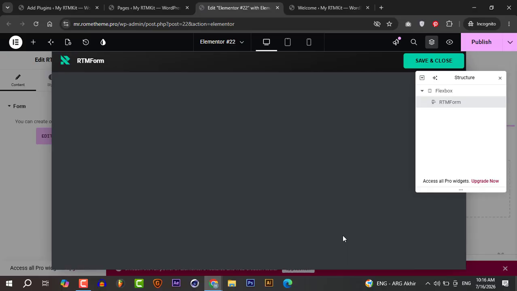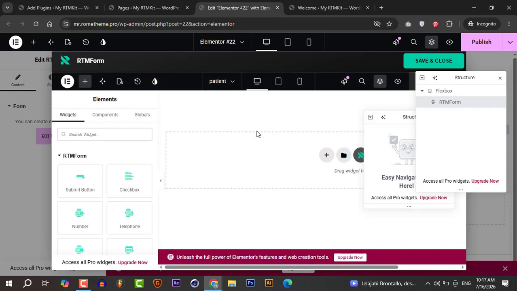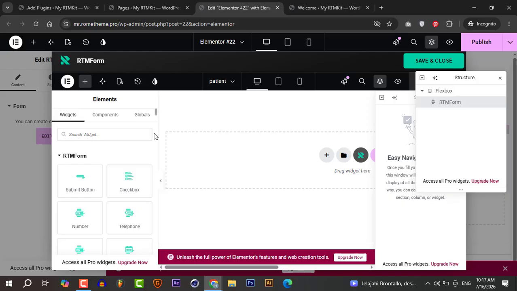You will go to another screen that is going to be edited with Elementor as well, and it will show the widget for the RTM Form Builder, and in there we can edit it one by one, or you can just create it with a template that is already given by RTMKit. Like this one, you have this one widget,